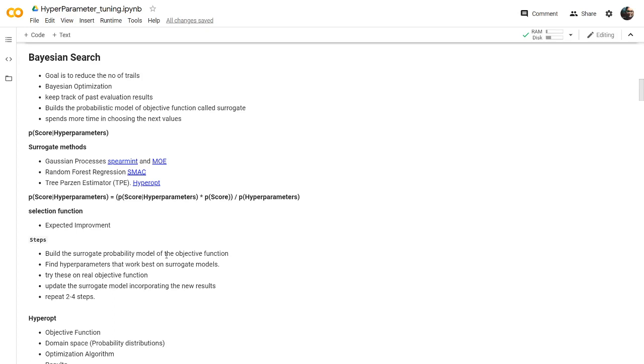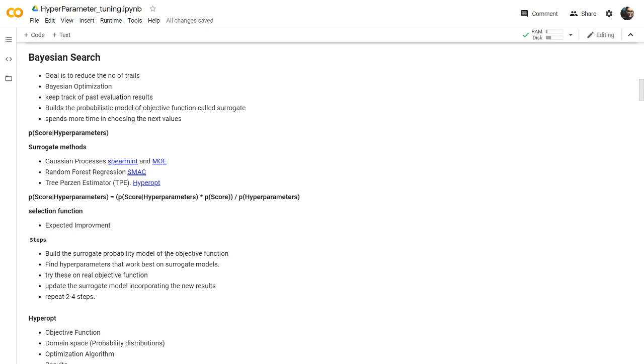But a Bayesian search takes almost 10x less than the random search. It takes only around 800 trials. So how will that be achieved? This Bayesian search will be using Bayesian optimization.